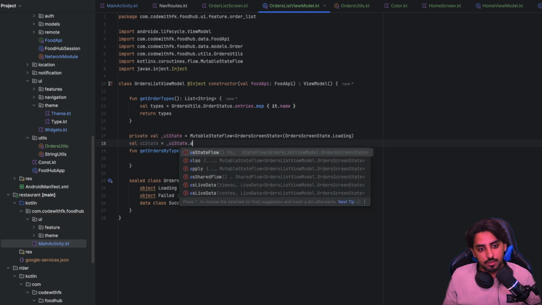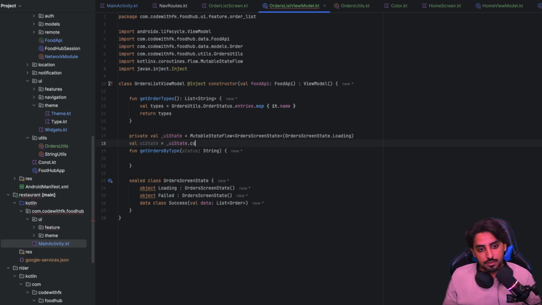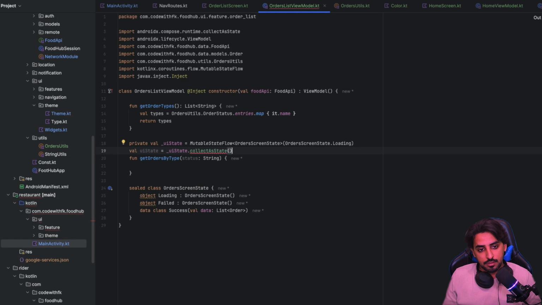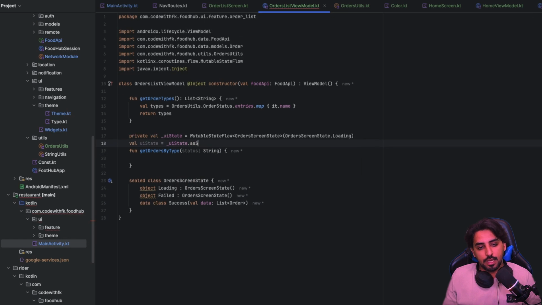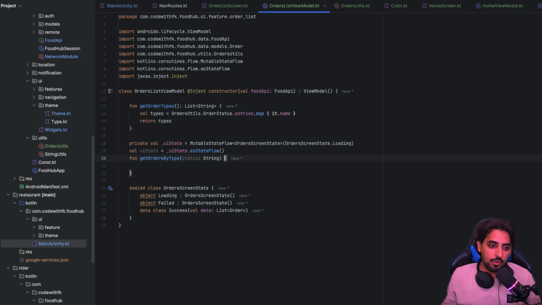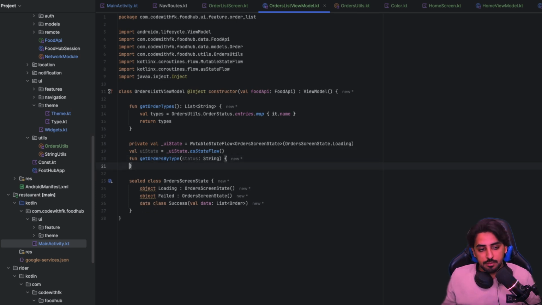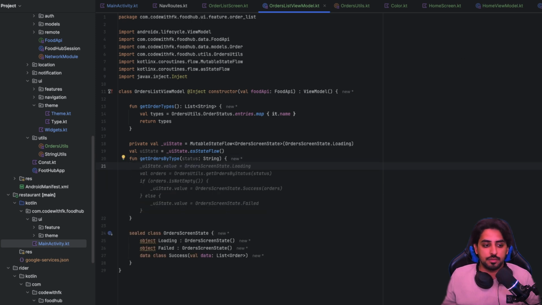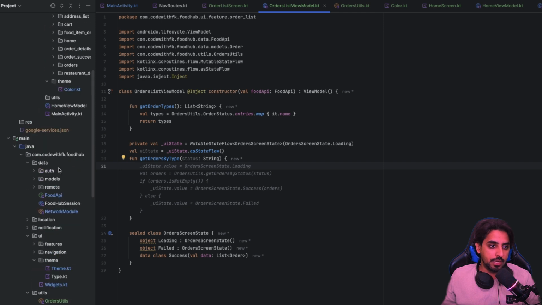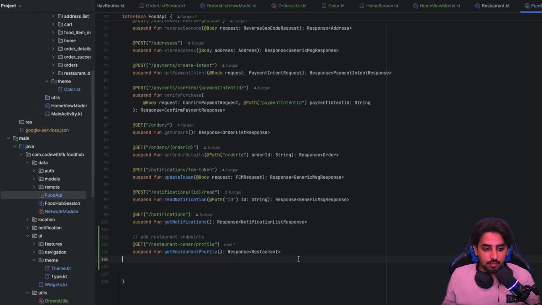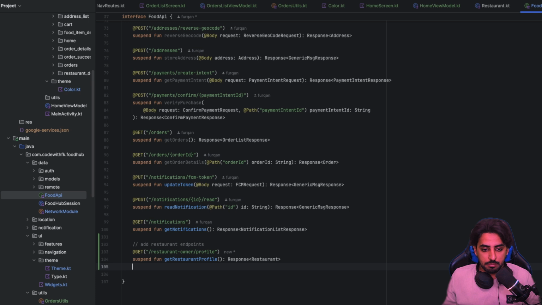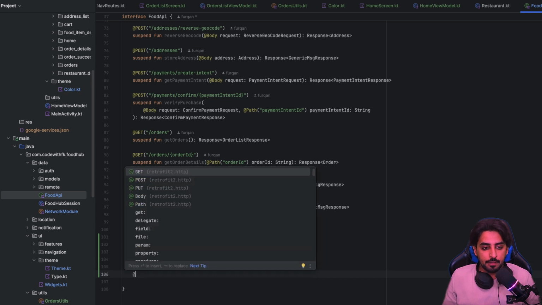And now when there is wall state collect as state flow. Okay, so now when there is a change in the state, we'll pass that to the backend, and then that backend will help us get the relevant details. So for that, I'm going to go back to my food API again, and over here we'll make the necessary change. So I'm going to say get